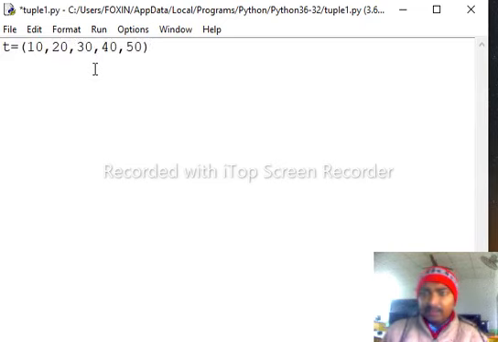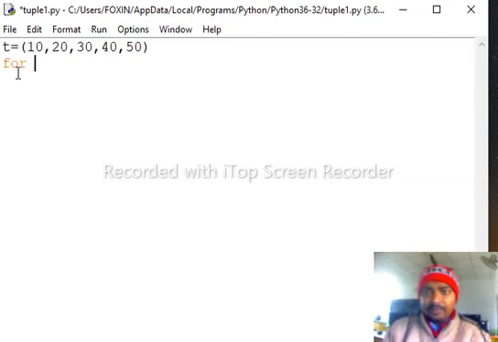Okay, now the second point is accessing elements of the tuple. Okay, to iterate or access elements one by one, the simple thing is using a for loop.